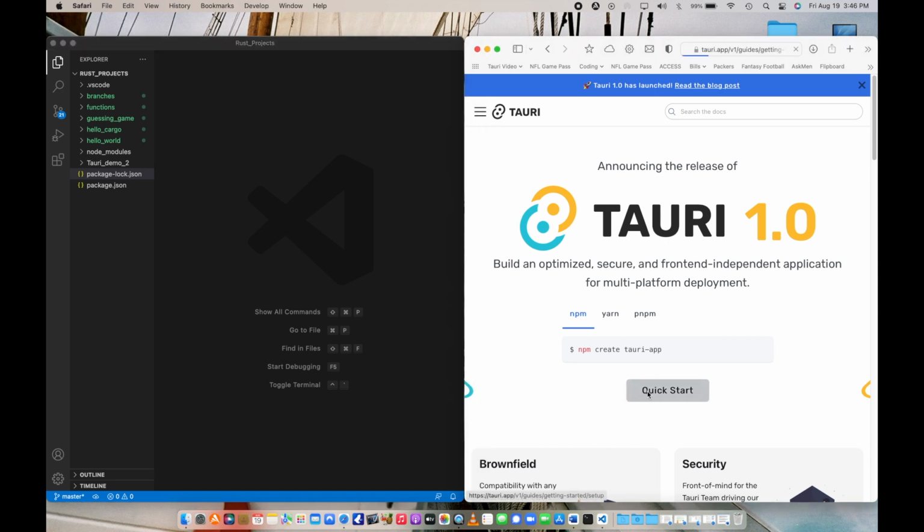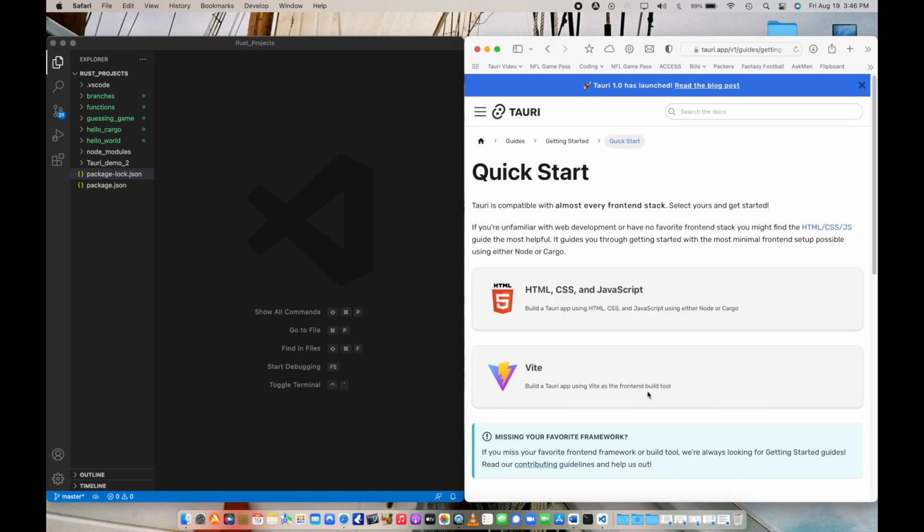So coming back to the quick start guide on tauri.app, you see on the right here, and we click the button, and now you have a couple different options of building the app with. You can either use HTML, CSS, and JavaScript, which allows you to build from scratch and customize a little more, but takes a little longer to build as it requires you to be familiar with every step of the process in building it. Or, as we're going to do today, you can use Vite,